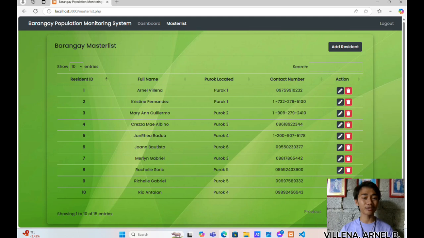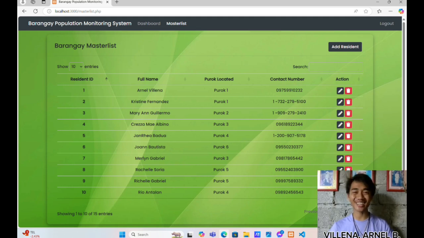Administrators can also perform key actions here, such as clicking the edit button and clicking the delete button. The edit button, represented by the pencil icon, is used to update a resident's information, while the delete button, represented by the trash icon, is used to remove outdated or incorrect records.